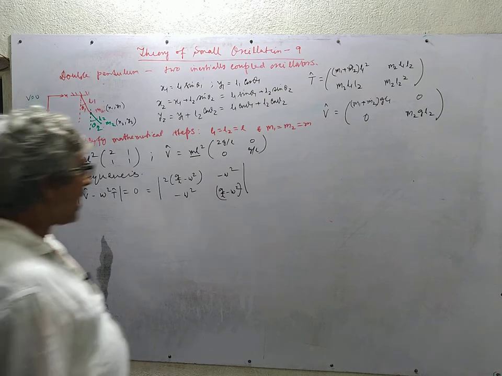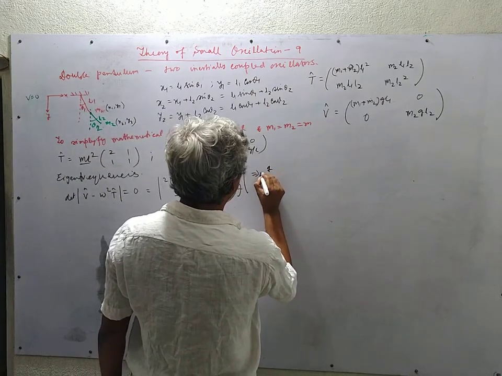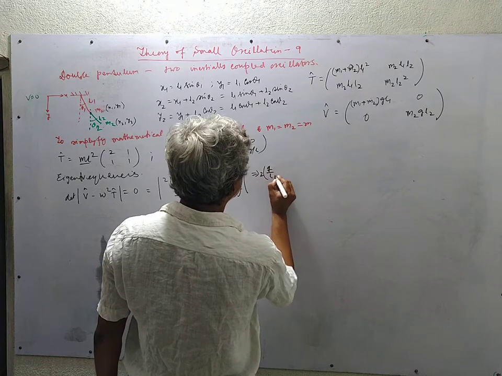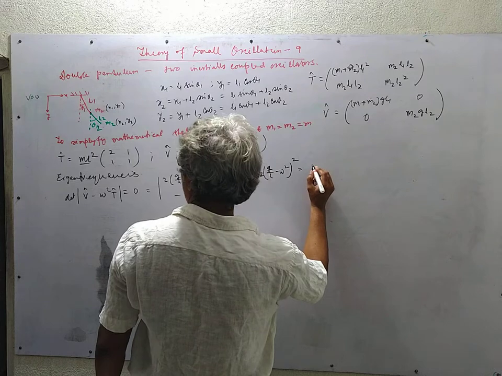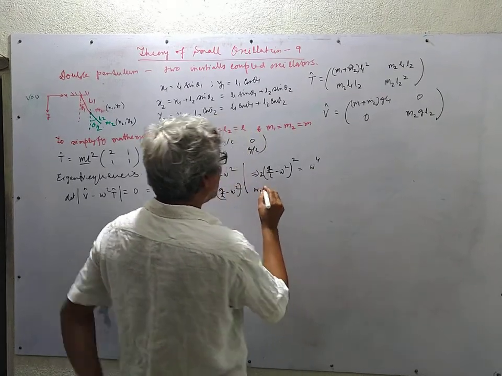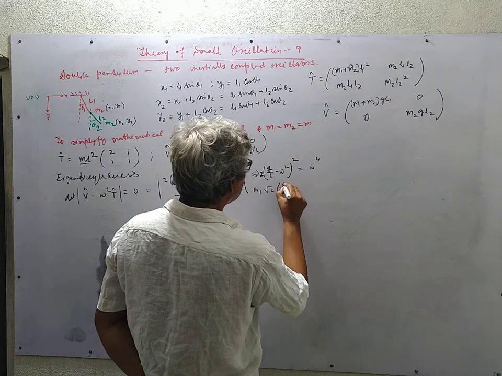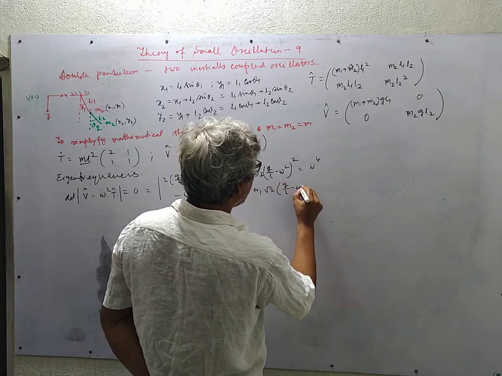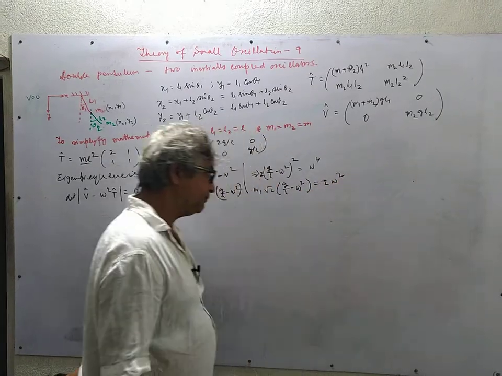So that we have twice (g by l minus omega square) is equal to omega to the power 4, or root 2 (g by l minus omega square) is equal to plus minus omega square,